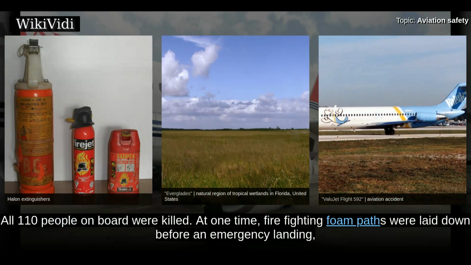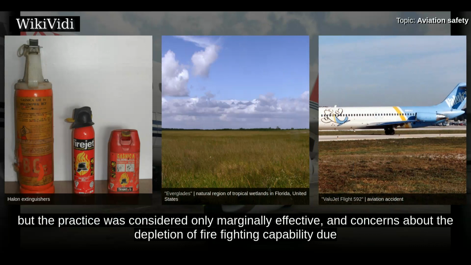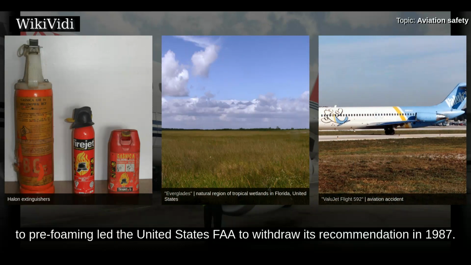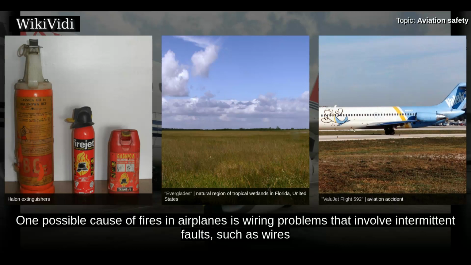At one time, firefighting foam paths were laid down before an emergency landing, but the practice was considered only marginally effective, and concerns about the depletion of firefighting capability due to pre-foaming led the United States FAA to withdraw its recommendation in 1987. One possible cause of fires in airplanes is wiring problems that involve intermittent faults, such as wires